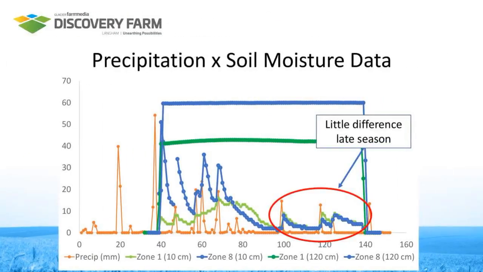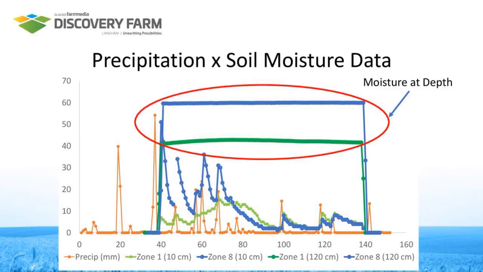However, later on in the growing season, it's interesting that those two lines essentially merge. So from about middle of July onwards, the soil moisture at both extremes within the field is essentially the same. And so by extension, we can assume that throughout the entire field, the surface soil moisture at that 10 centimeter depth is approximately constant. However, we do see a difference in the moisture at depth throughout the entire growing season.